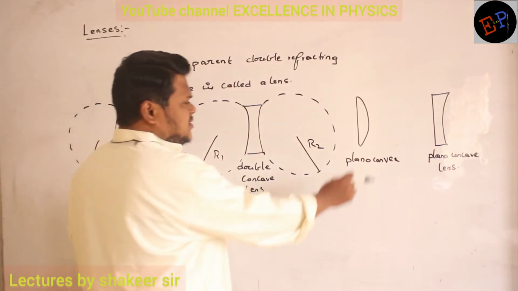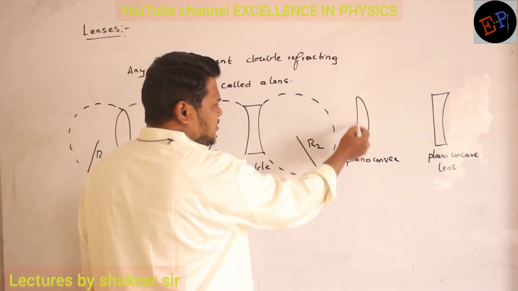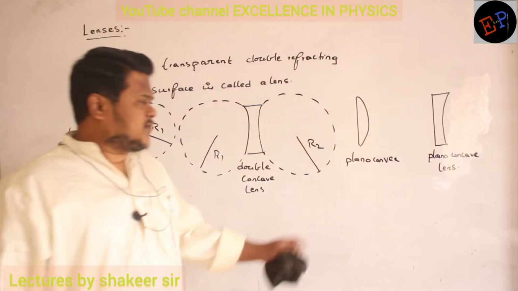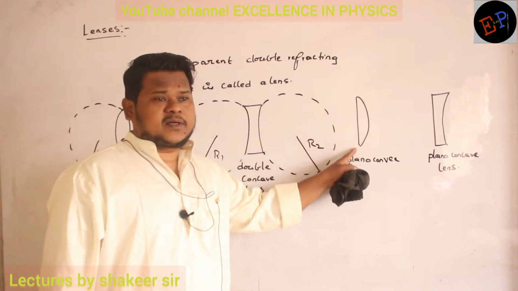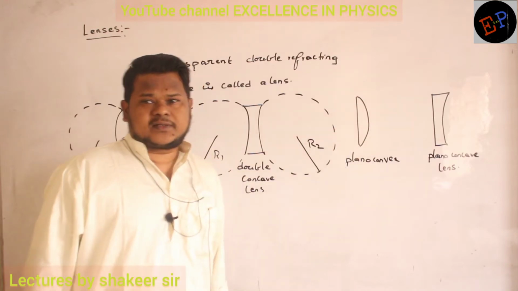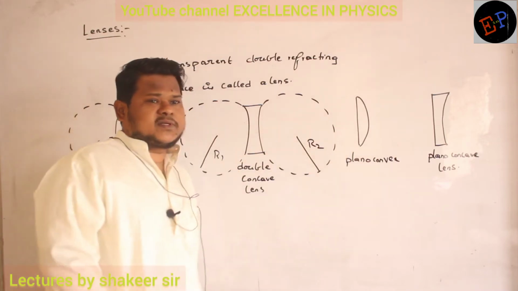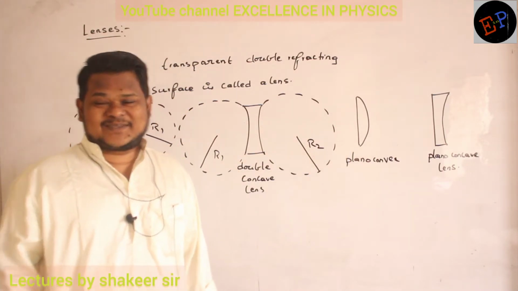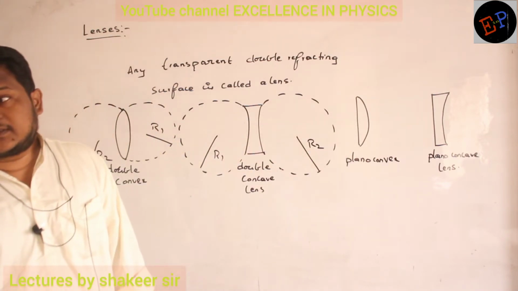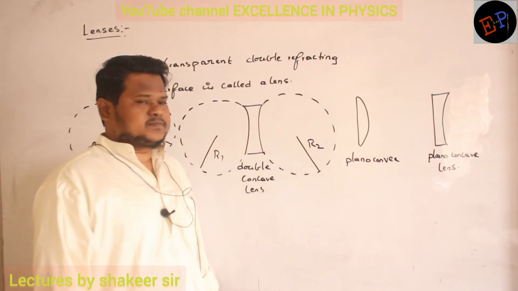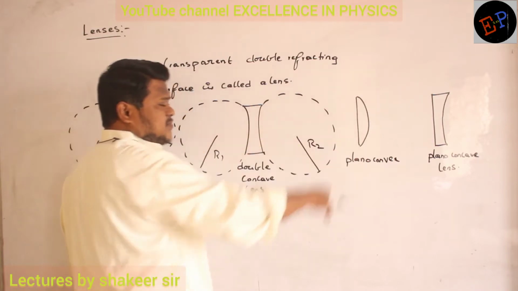Okay. Now if you see this one, clear ma? The radius of curvature of the first surface is how much? Can you say? This is what kind of lens? This is a plano convex lens, no ma? It means one side it is completely plane, and the second side it is a refracting surface. So for the first side, can you say what will be its radius of curvature? Radius of curvature means what? The radius of the sphere of which this surface is made.